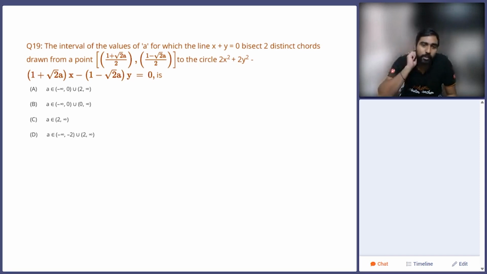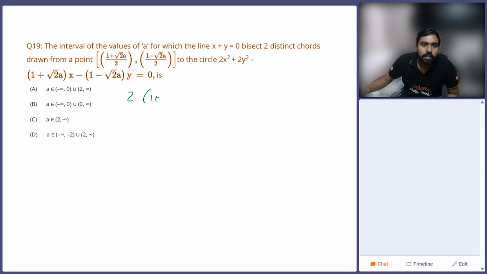Find the interval of values of a for which the line x plus y equal to 0 bisects two distinct chords drawn from the point (1 plus root 2 a by 2, 1 minus root 2 a by 2) to this circle 2x square plus 2y square minus (1 plus root 2 a)x minus (1 minus root 2 a)y equals to 0. Okay, first of all, if I substitute this point into the equation,